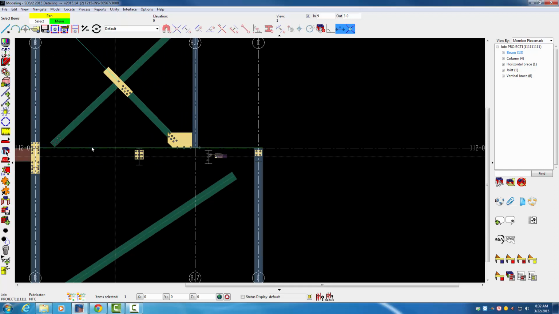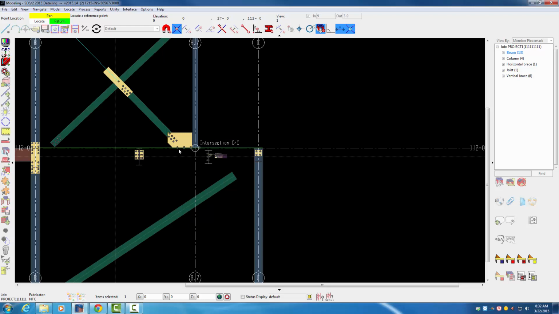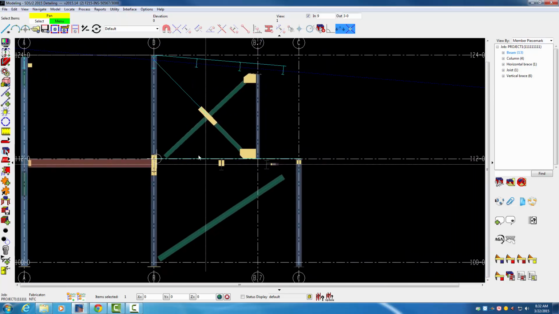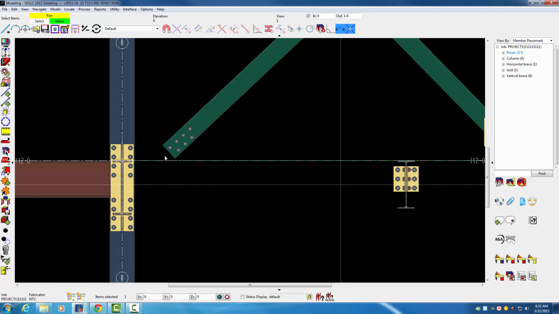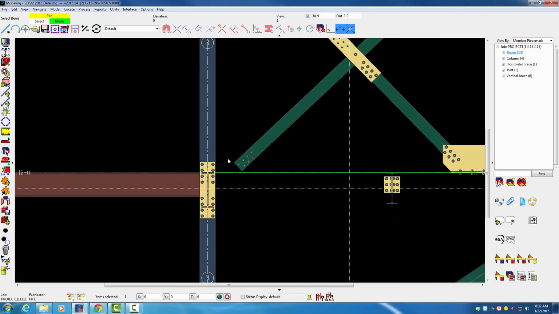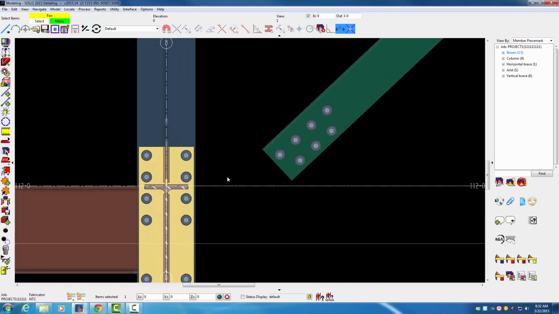So now I'm going to go highlight that beam again and move. Actually, let's just leave it there. I'll show you how to actually move the end of the beam. So to just move the end of the beam, now in this beam here, since we moved the entire beam 4 inches, this end of the beam is in the right spot now. It's 4 inches past C, but this end of the beam is in the wrong spot. So to move just this end, the left end,